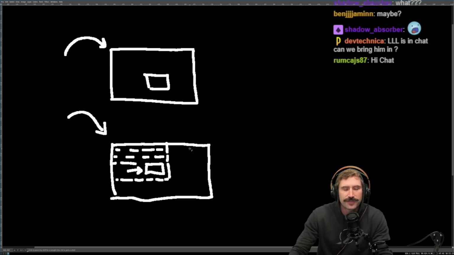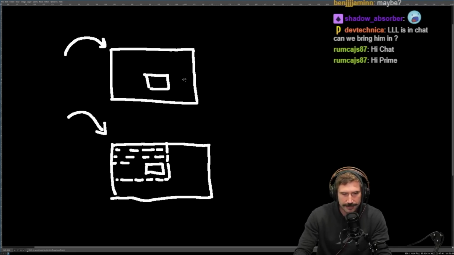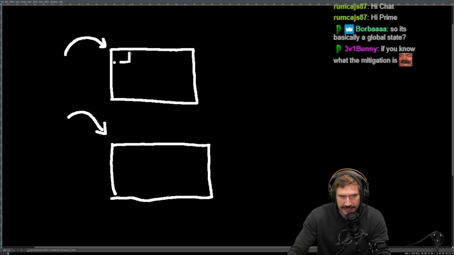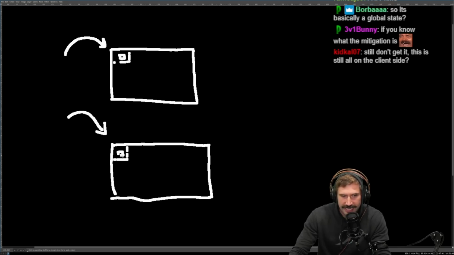So my assumption of how this works is, I'm going to redraw this. So this is how this works in my head. Let's pretend the size of this thing is like this big and they have a chunk that they could override. So if they can call it before it's freed and then this handler gets called, if they set this address to be, say, right here, and then this is the actual code execution, right?